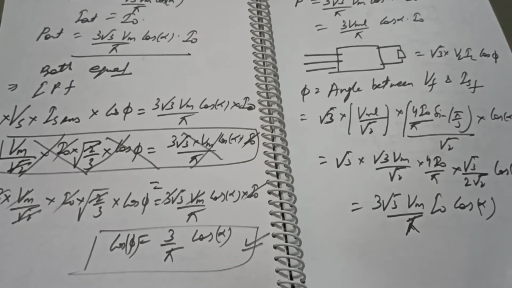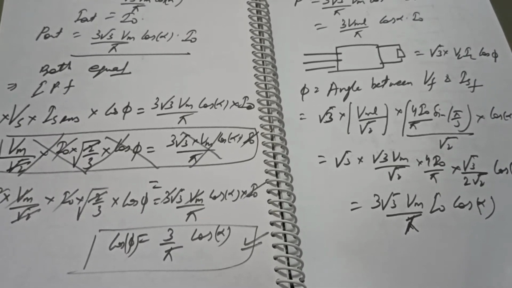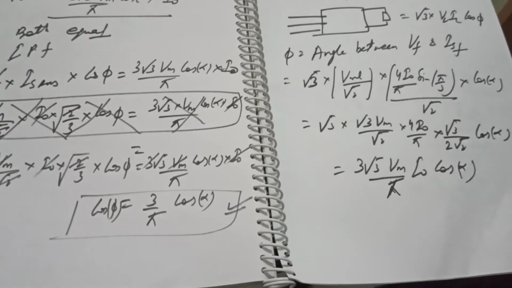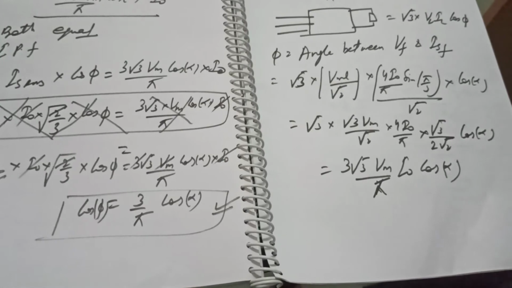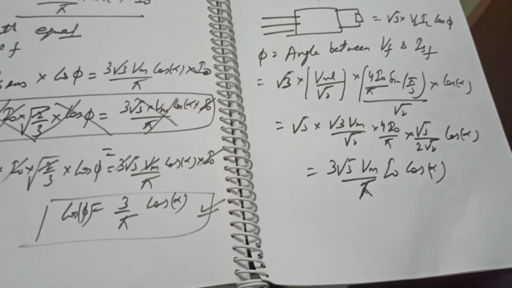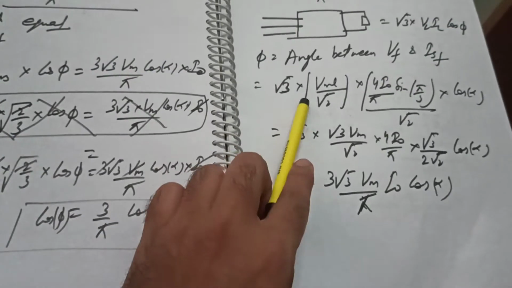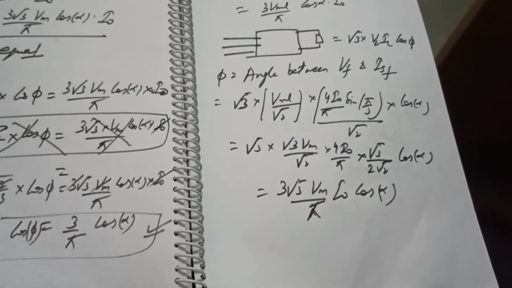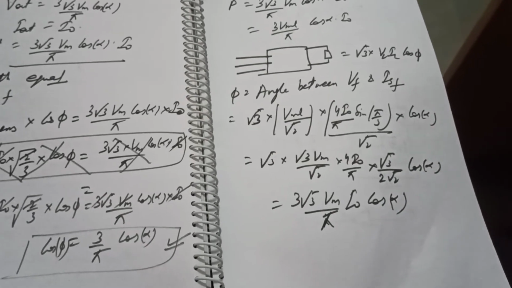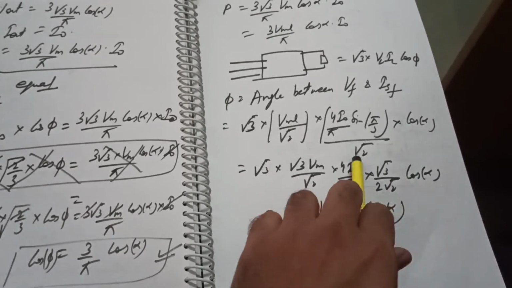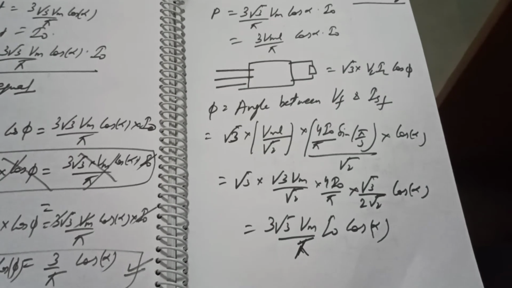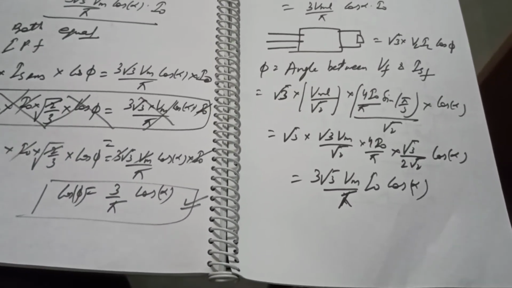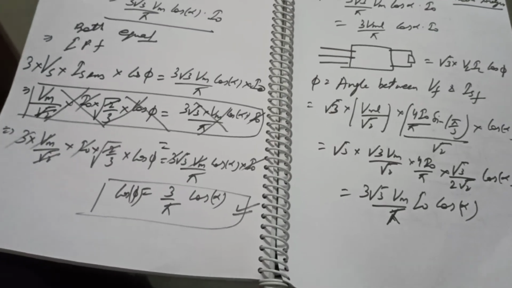Okay, now the line voltage value is nothing but root 3 times Vm, the phase voltage, and 4 by pi sine pi by 3 upon root 2. Obviously this 4 I naught by pi sine pi by 3 is the peak value, divided by root 2 will give us the RMS value. I think till this point we are quite clear, and this is cos phi equals cos alpha. Or we can take it as cos phi also, it hardly matters.